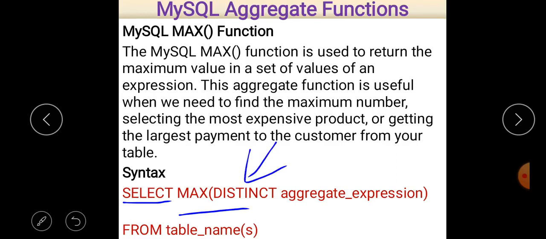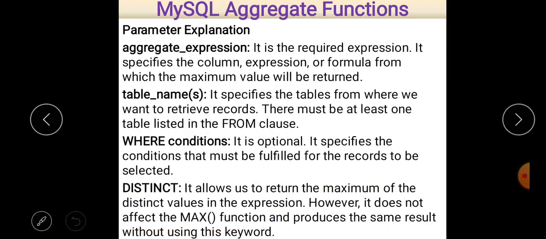Then the aggregate expression, that may be a column name or any set of values, then from, and then the table name. If you want to perform a calculation on numbers, you can use the table name dual. Otherwise, if you want to perform the calculation on a table such as customers, employee data, or student_info, that table name should be used. Let us take an example which gives you a clear idea about that.